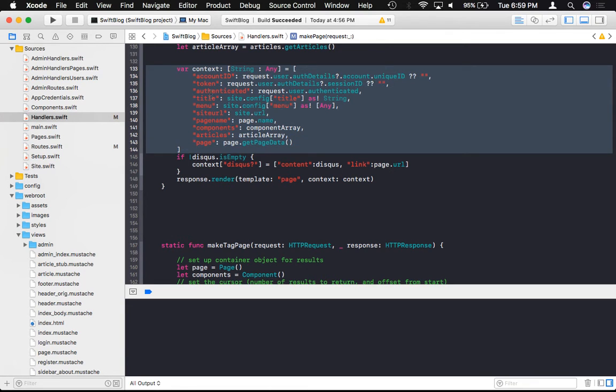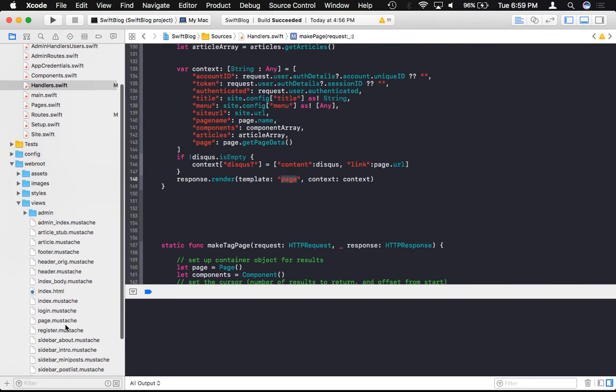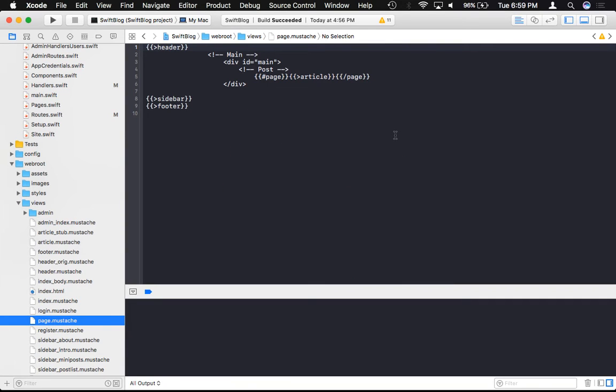Okay, so this includes whether or not it is authenticated, what the title is, what the menu we want to feed to it is, the page name, the components, the articles, and the actual page data. Okay, and all of this is being fed to page.moustache, which is just here. It's not a lot. So what Moustache gives us the ability to do is to actually nest our content so that we can reuse